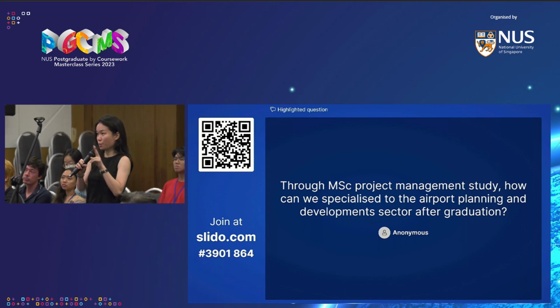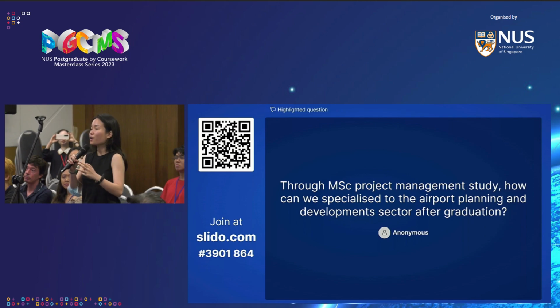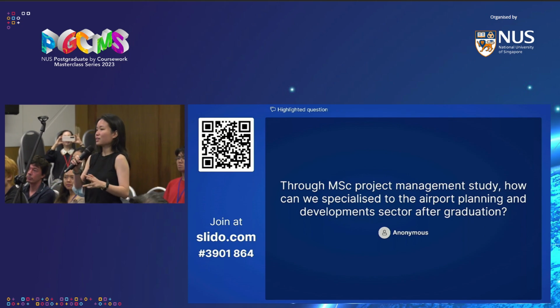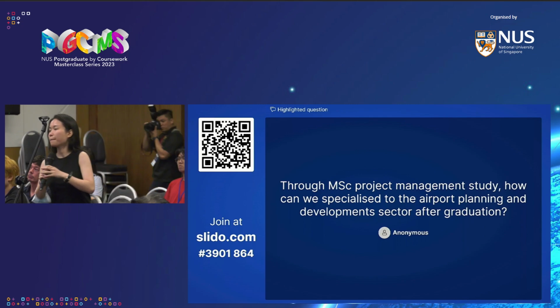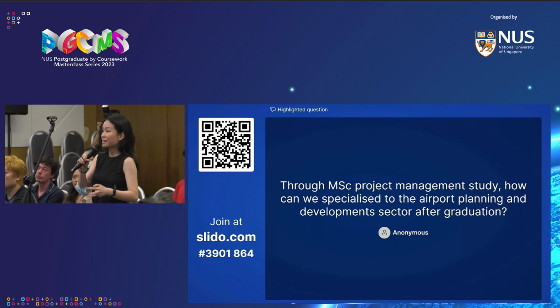My question is divided into two parts. We're currently working on T5, which from the news that I've read, is supposedly the biggest terminal we're ever going to have. In your opinion, do you think there's an absolute need for this? And the second part is, I think air traffic congestion is a problem that we face at Changi Airport. If we have 5 terminals, but we only have 1 control tower, how is that still going to ease the problem of air traffic congestion with a new terminal that's so big? Thank you very much. Sorry, the first question again? Do you think there's an absolute need for a T5? Oh, okay. Is there a need for T5? Yeah. Okay, so